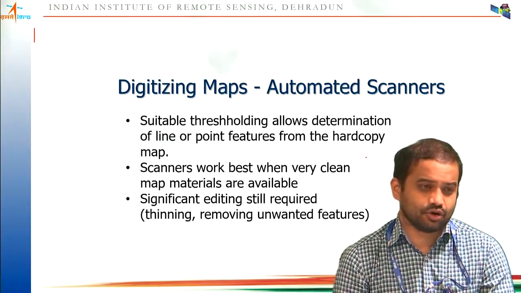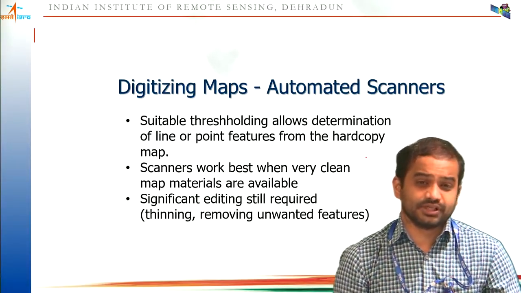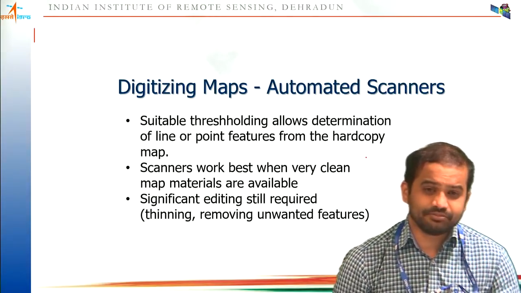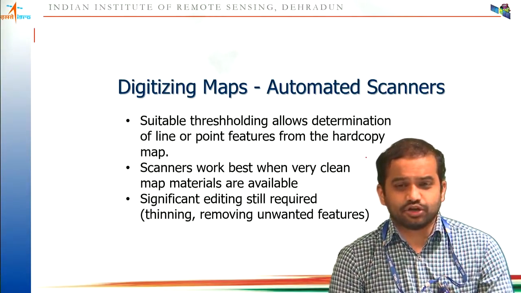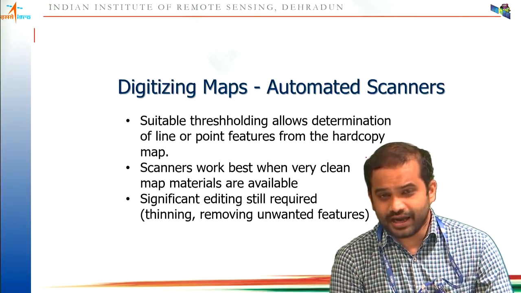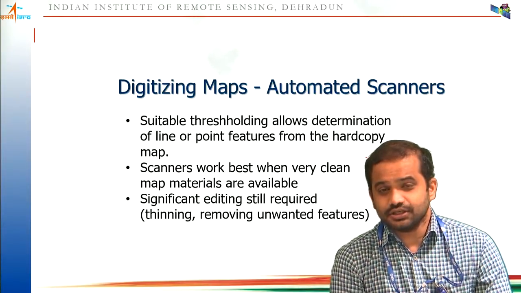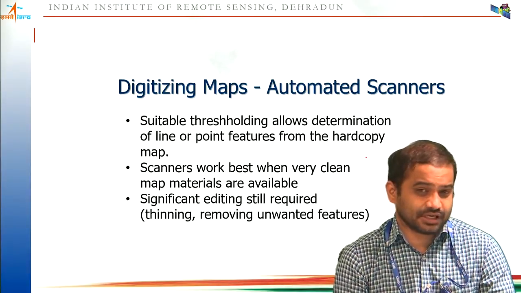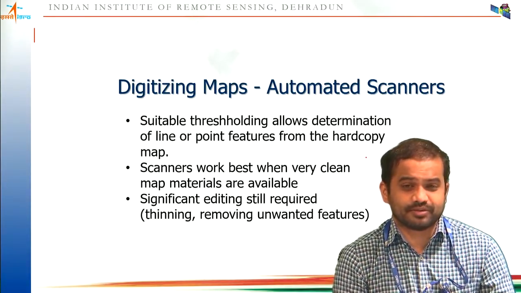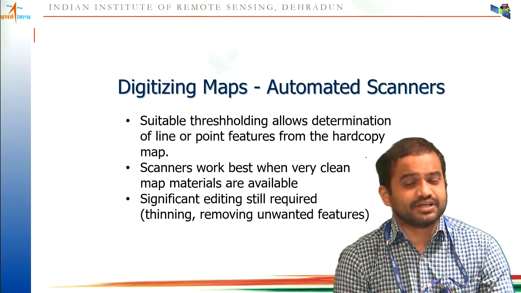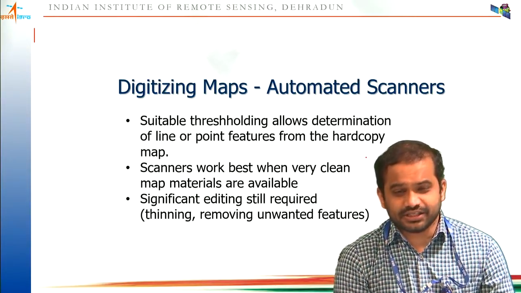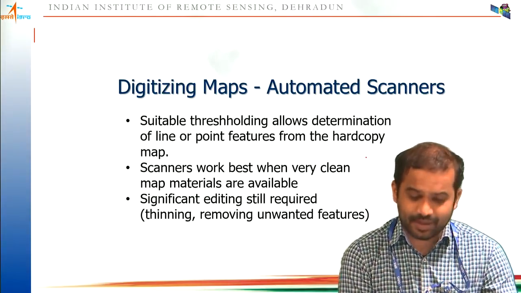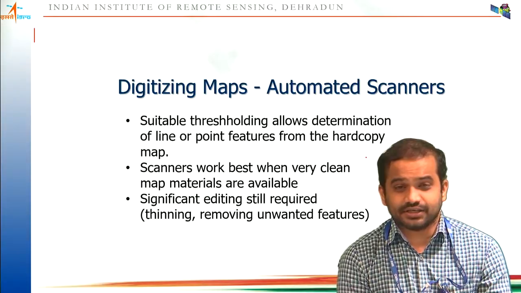Suppose you have classified them as a road, but still the road has a lot of pixels. So now I need to do the thinning because I have to create a linear feature. And I have to remove some unwanted error coming out of the automated digitization. So automated digitization is still not much popular except in the image classification. In other places where you have paper-based maps, automated scanning and automated digitization are not much popular because they require significant editing, and it's hard to find very clean maps, especially ancient maps.